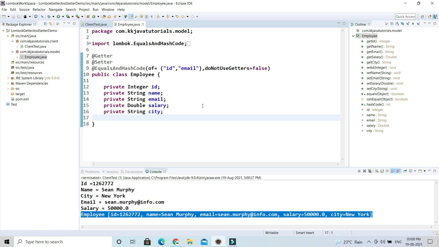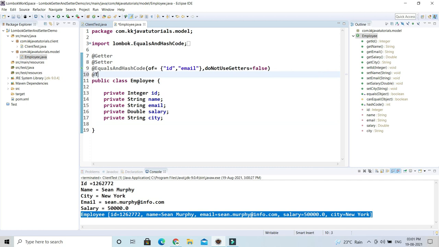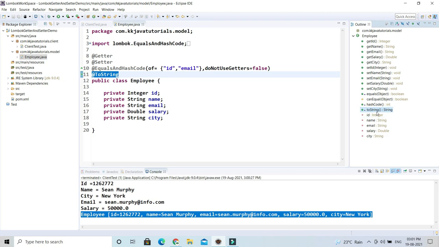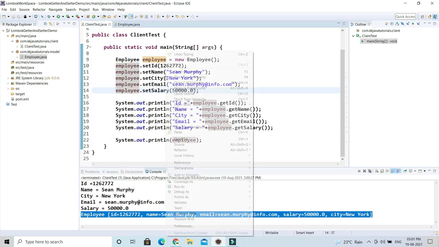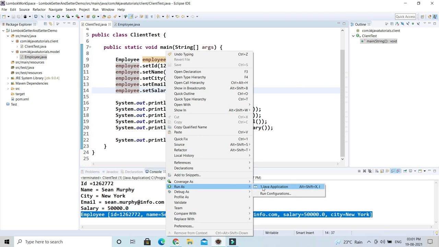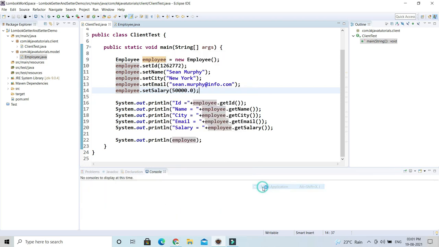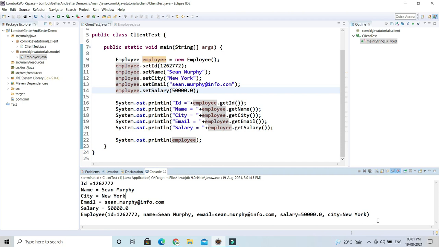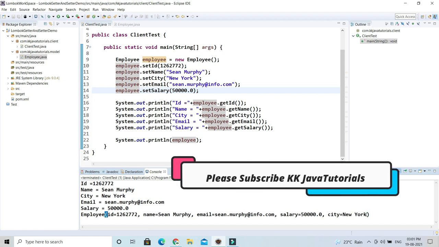So here we will take the help of the Lombok annotation, and at class level you can use @ToString, and that's it. Here you can see the toString method has been generated. There is a little difference when you generate a toString method using the IDE or using the Lombok project. Now if I run, you can see the values are displayed similar to before, with the class name, but instead of square brackets the values are displayed within parentheses.